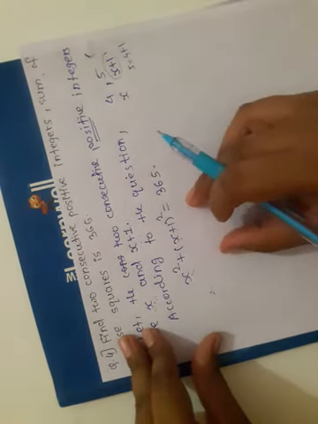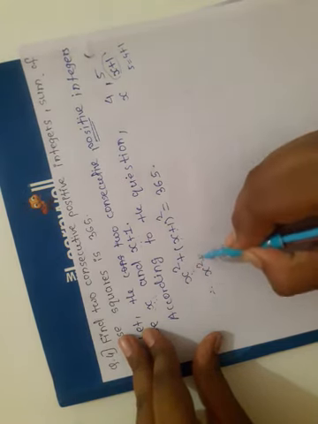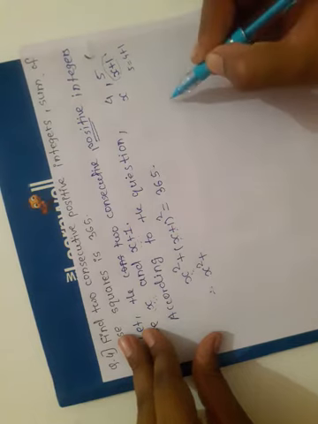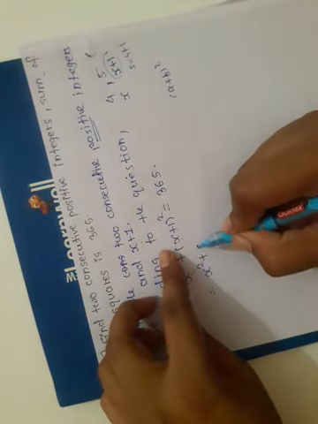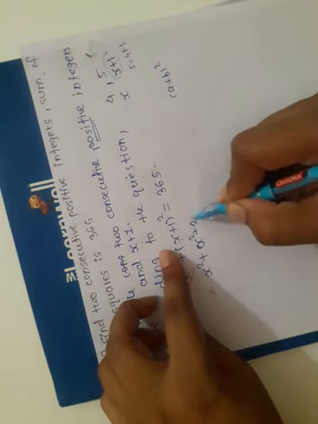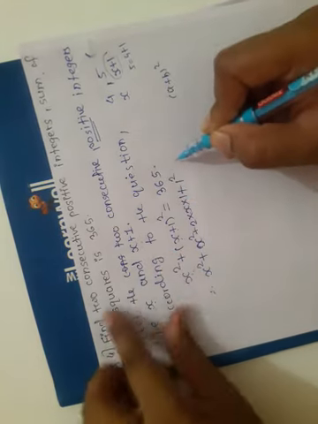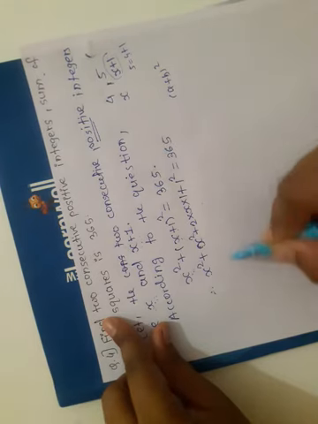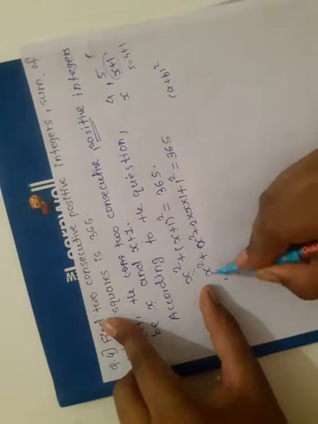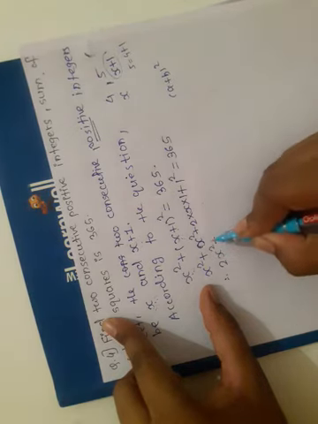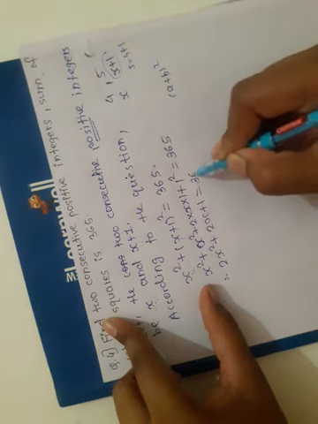Now simplify this. Convert this equation into a quadratic equation. So x square plus, how can we expand this bracket? (a plus b) bracket square means first term square, so x square, plus 2 into first term into second term, plus second term square, meaning 1 square, is equal to 365. Therefore x square plus x square, 2x square, and 1 plus... we get 2x square plus 2 into x into 1 is 2x plus 1 is equal to 365.